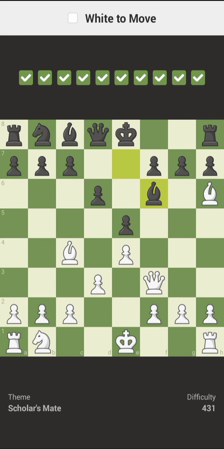Oh, wow. And this is difficulty 431. And this was me thinking I was going to fly through the first bit of adversity, and already I'm crumbling. Okay, so I'm thinking it's definitely not queen takes bishop. That's giving away the queen. So I think it's, if you look at forcing moves,